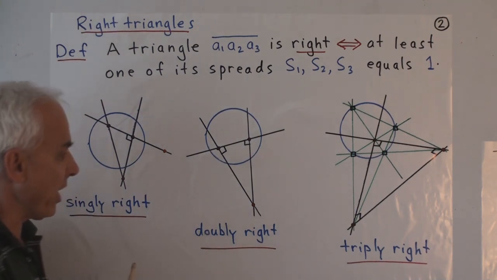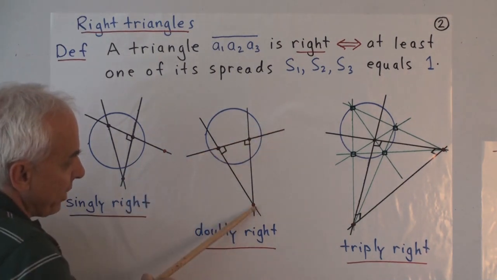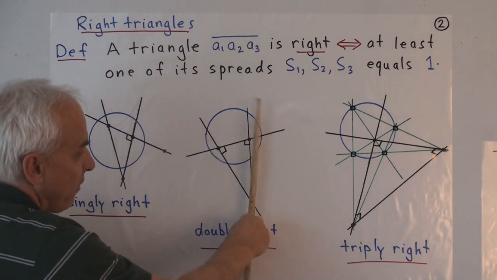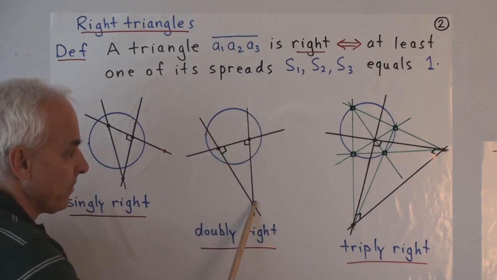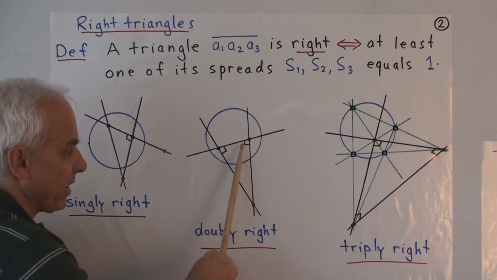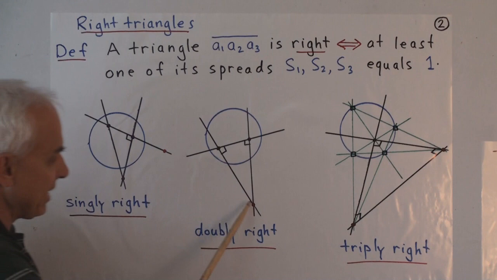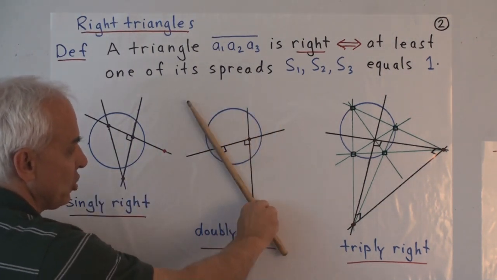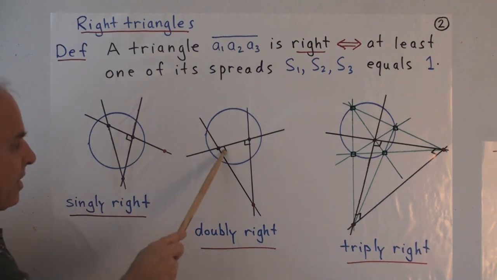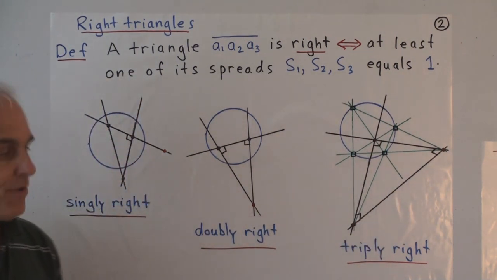Here we have a doubly right triangle where the dual of this line is this point here, and both of these sides of the triangle go through the dual point. So that's going to be perpendicular, and that's going to be perpendicular. In fact, any line through here will be perpendicular to this one. So these are just two particular lines that are perpendicular to this side. So here's an example of a triply right triangle.